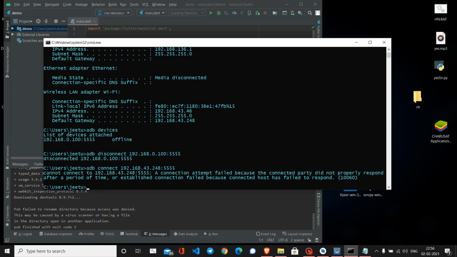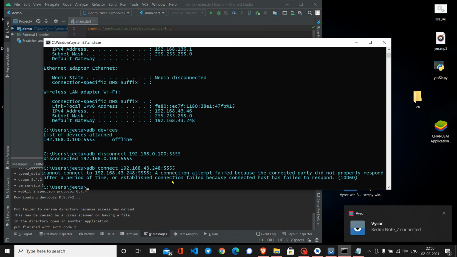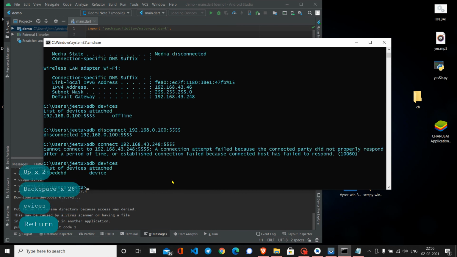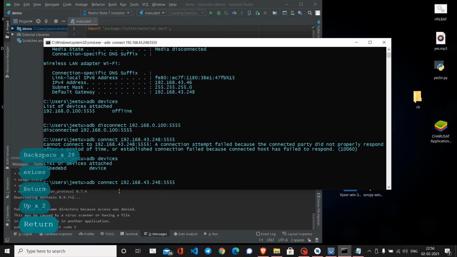So again, I am attaching my data cable to my phone, and now it is attached. And now if I see my ADB devices again, adb devices, so now it says your phone is connected. And now I'll say connect to this device.